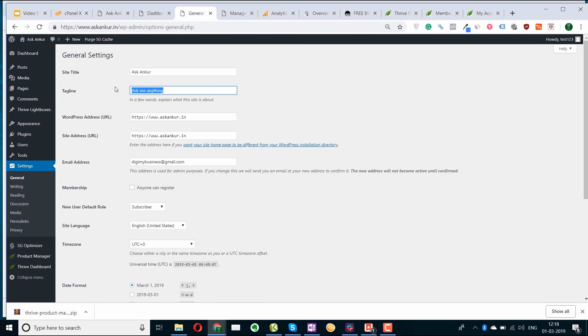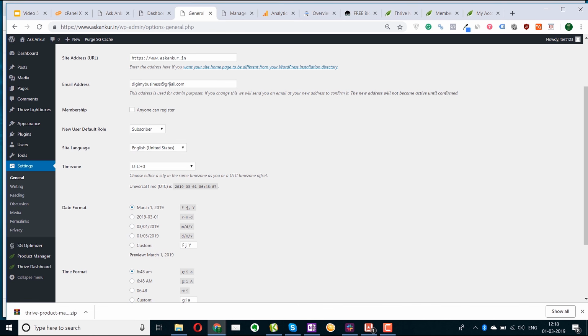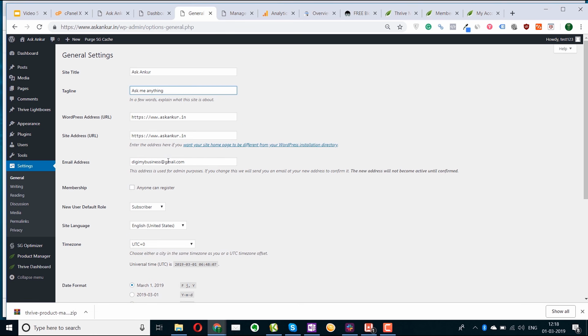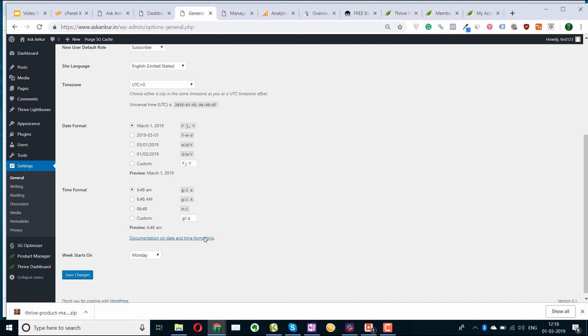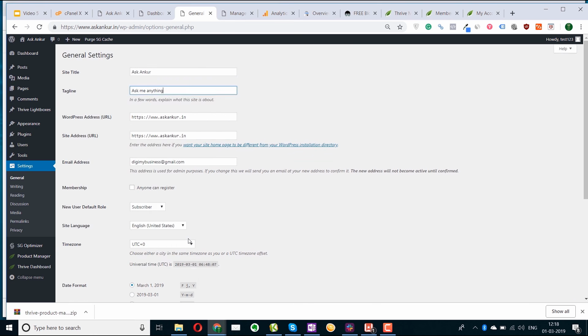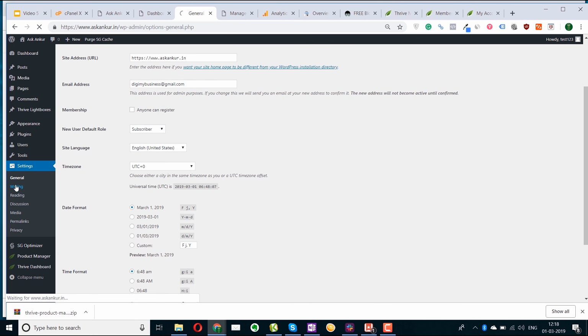Having the main keyword also really helps. Like if you're selling guitars, then writing the main keyword like we sell guitars will really help in your SEO effort as well. Here will be the email ID that will be associated with your account. This is the email where all the notifications will be going. Keep the rest of the settings just like that. Let's check the writing part.